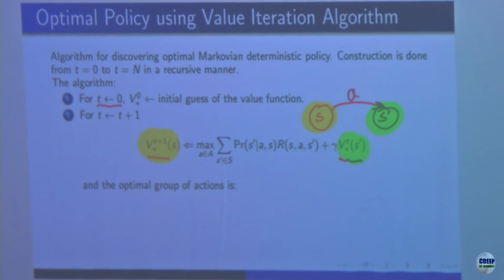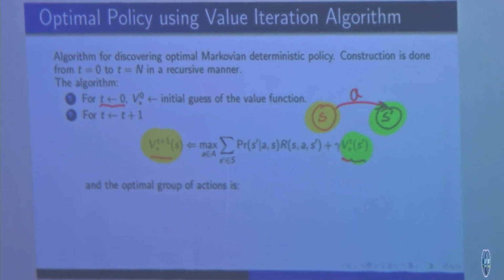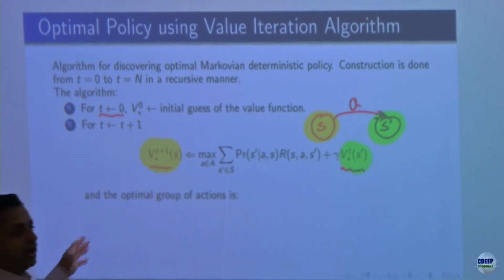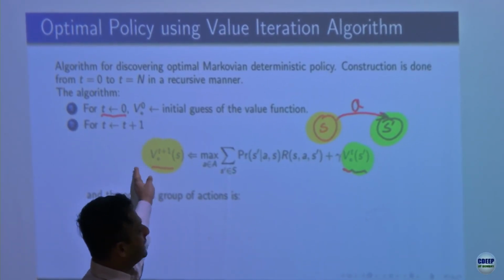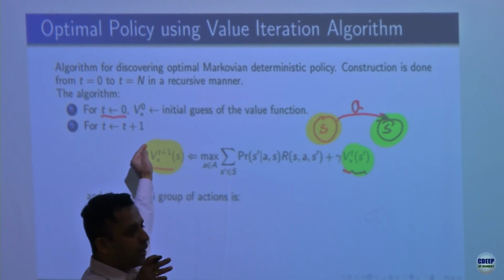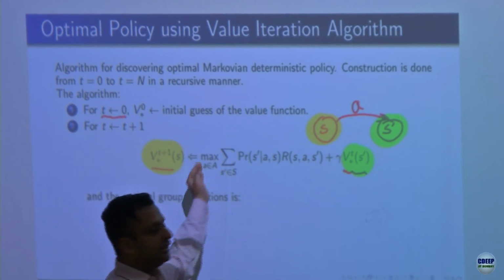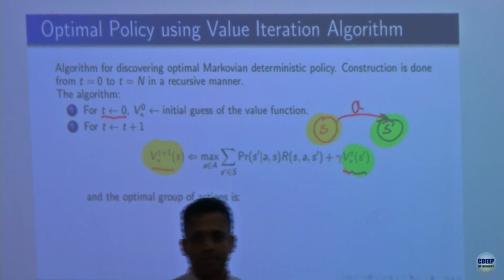You start with some random initialization of the V's with the hope that when the iterations converge, the t plus 1 iteration of V will be the t-th iteration of V. Okay,